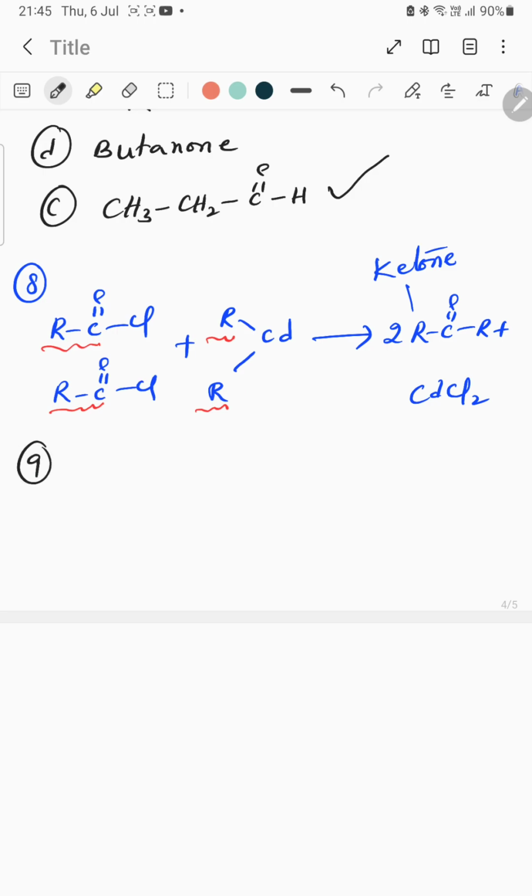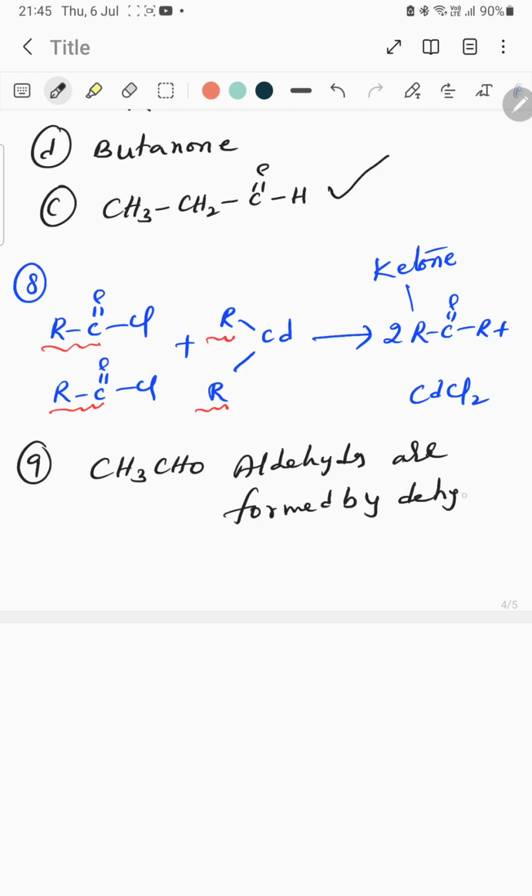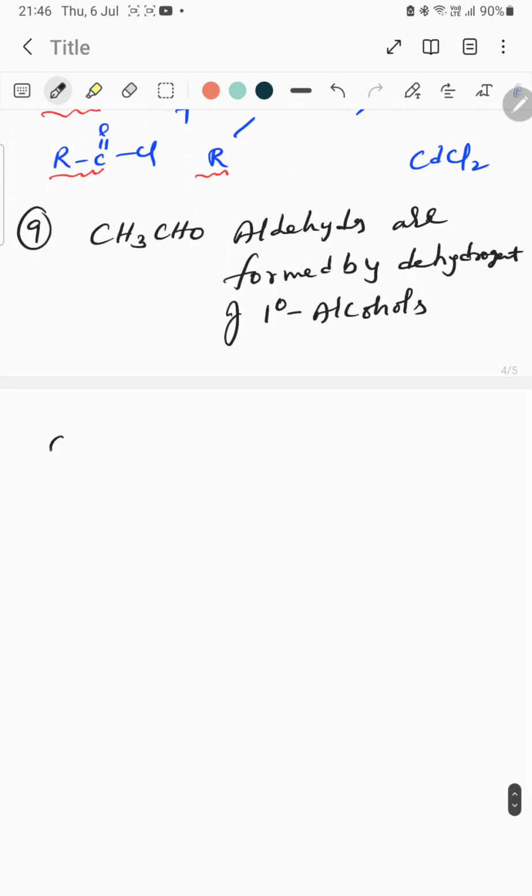Next, 9. CH3CHO is obtained by the dehydrogenation of, CH3CHO, aldehydes. Aldehydes are formed by dehydrogenation of primary alcohols. Once check the option. Which option has the primary alcohol? First option,